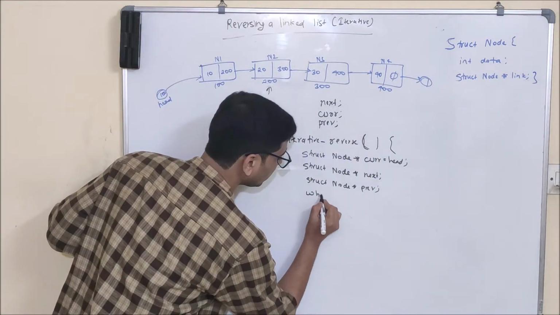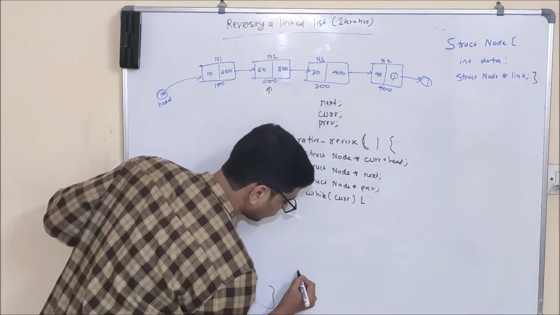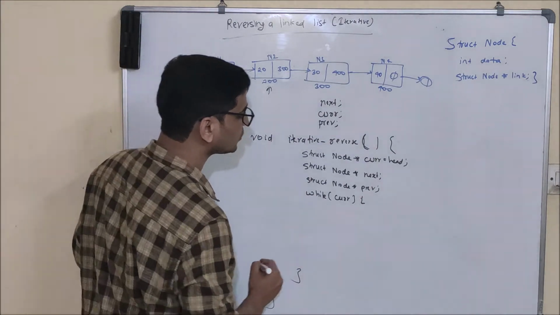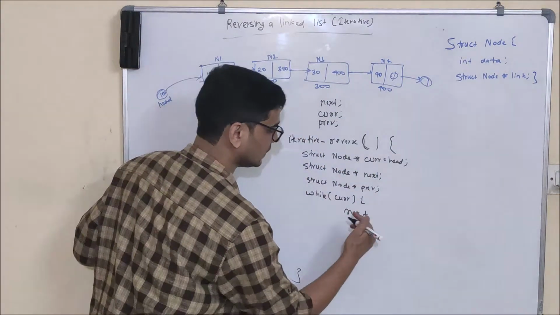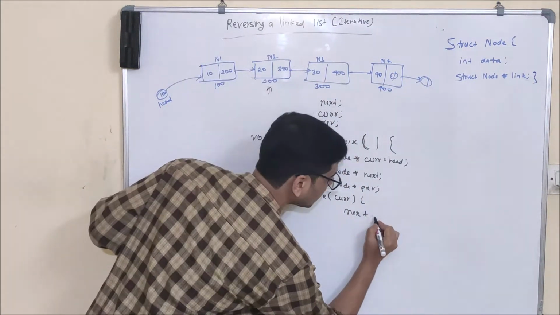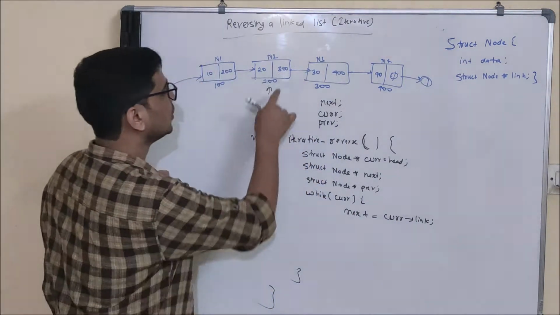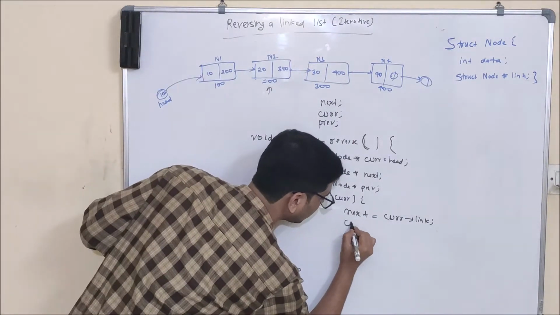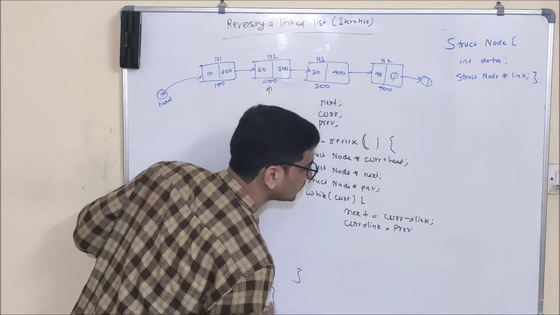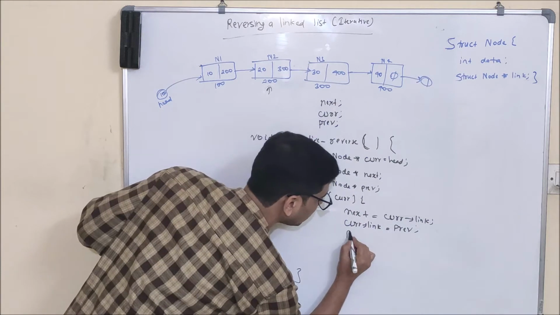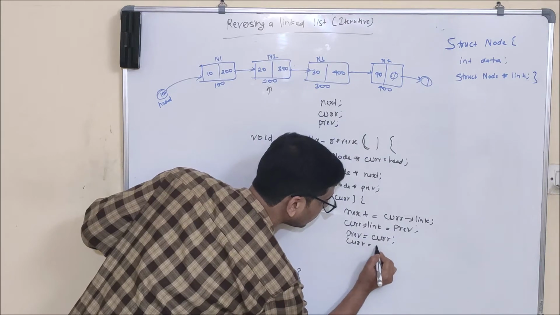After that we will run a while loop. While current is not null, we are going to perform a few operations. And what are these operations? We are going to store the value of this node. I am writing a generic program, but giving the example of this one. Next will be equal to current dot link. After that, we will update this current dot link part. Current dot link will be equal to previous. And once current dot link is updated, we will update previous and current. Previous will be equal to current, current will be equal to next.